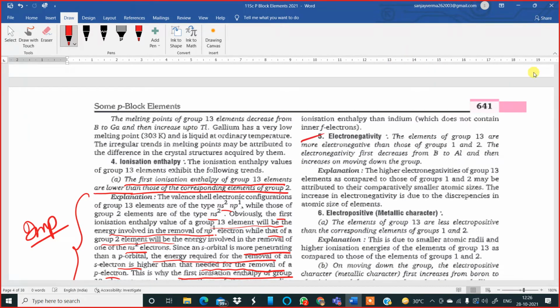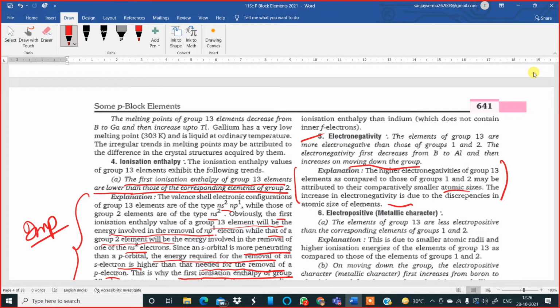The elements of group 13 are more electronegative than those of group 1 and 2. The electronegativity first decreases from boron to aluminum, and then, when you move further down the group, it increases. The reasoning is important. The higher electronegativities of group 13 elements as compared to those of 1 and 2 may be attributed to the smaller atomic sizes. The increase in electronegativity is due to the discrepancies in the atomic size of the elements,